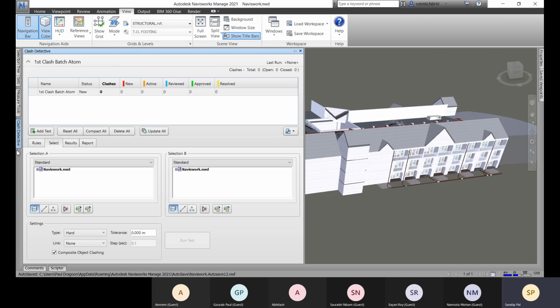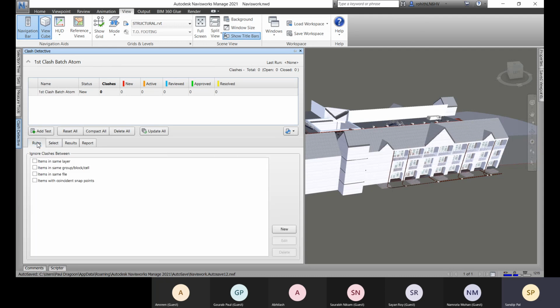Now come to this rules tab, and if you want to set any rule for your class test, you can ignore class test between same layer. Same layer, you are not working on CAD files, but still it is showing layers. For labels also, you can say items in same layer or level.